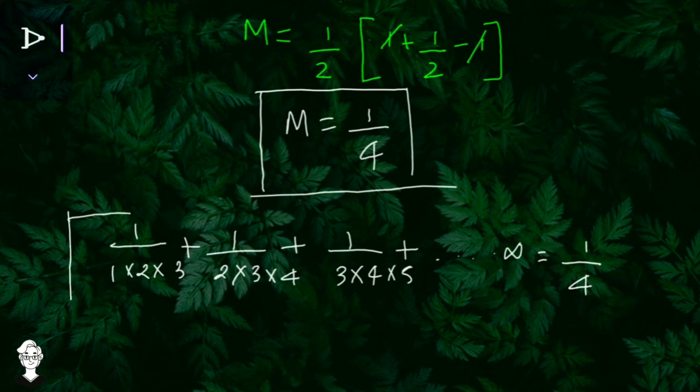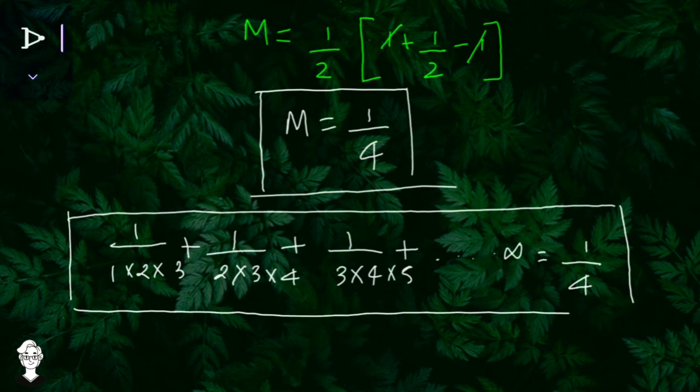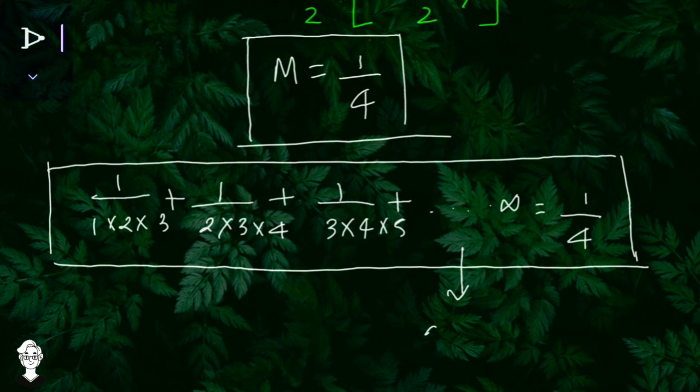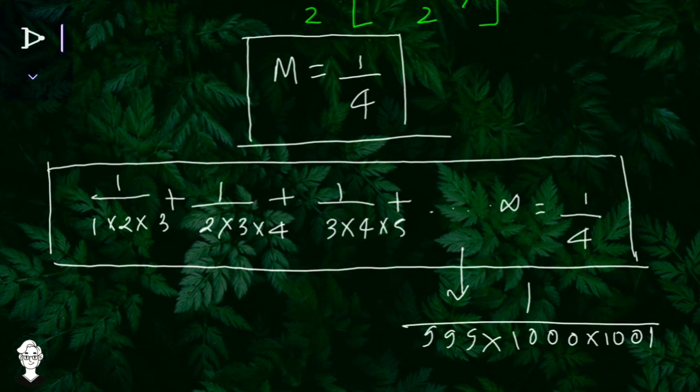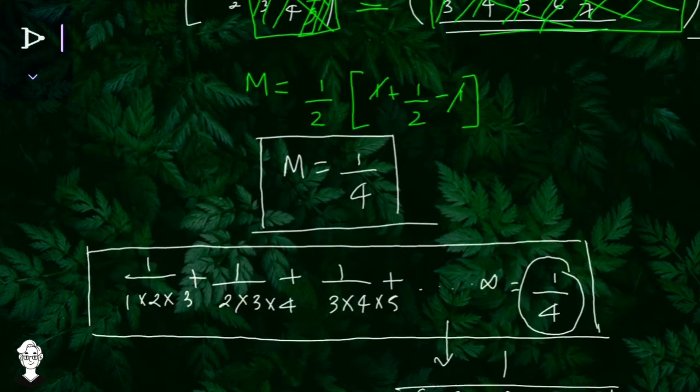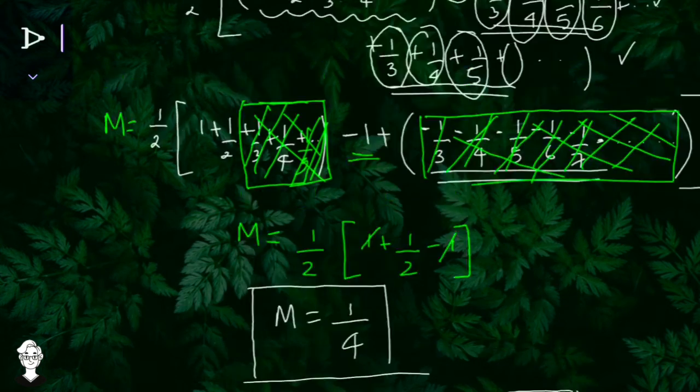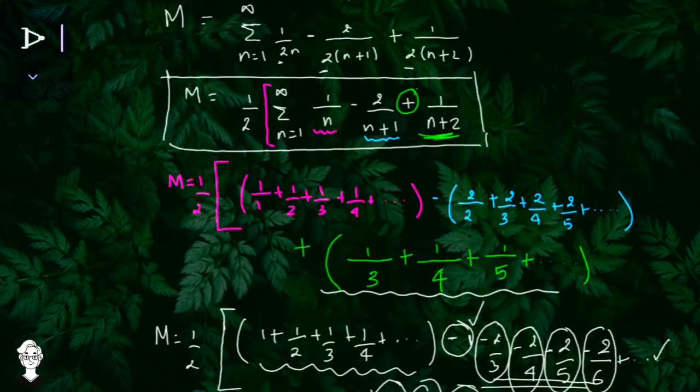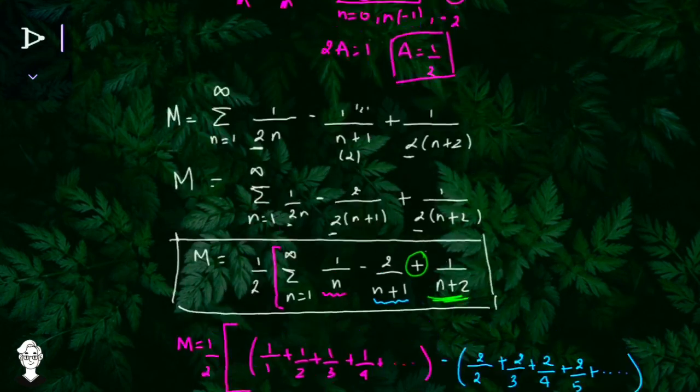Look at the beauty over here. This series contains so many numbers, and the numbers get larger and larger. For example, in between this series, there would be 1 upon 999 into 1000 into 1001. But the series was convergent, meaning the denominator was getting larger and larger. That's why this series was convergent and had a perfect answer, that is 1 by 4. And the simplification was also very easy. All you need to do is a little partial fractions and the sum would be solved very nicely.